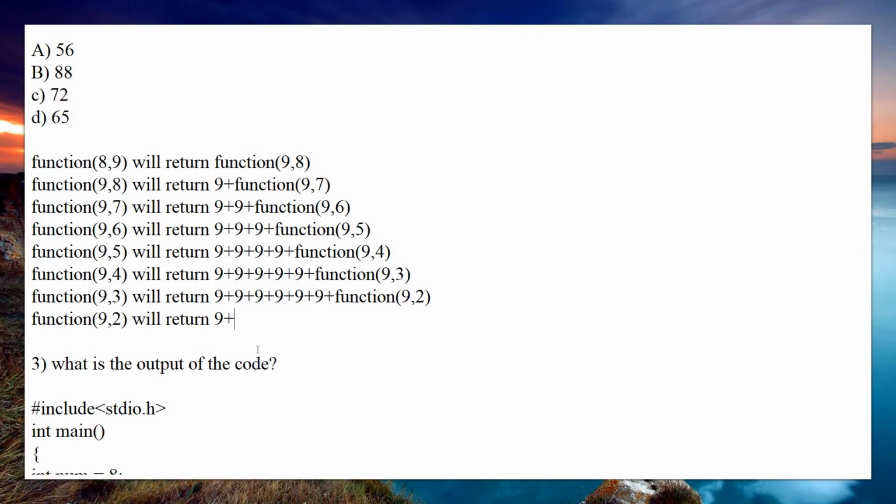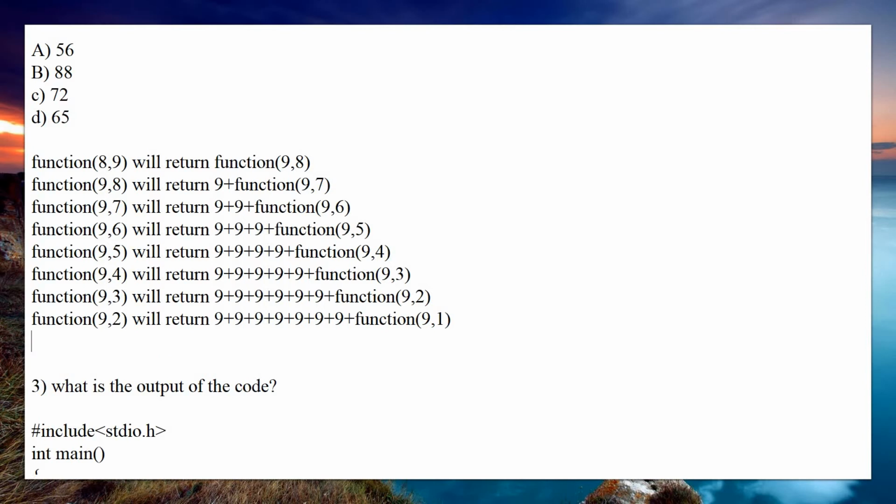So here we have 6 9s, it will return 7 9s. So 2 3, then 4 5 6 7. So here we had 3 9s, here we need to have 1, that is 6 9s plus a comma, so plus function of 9 comma, that is 2 minus 1, which is nothing but 1. So again you are going to do the function of 9 comma 1. So again you are going to return,